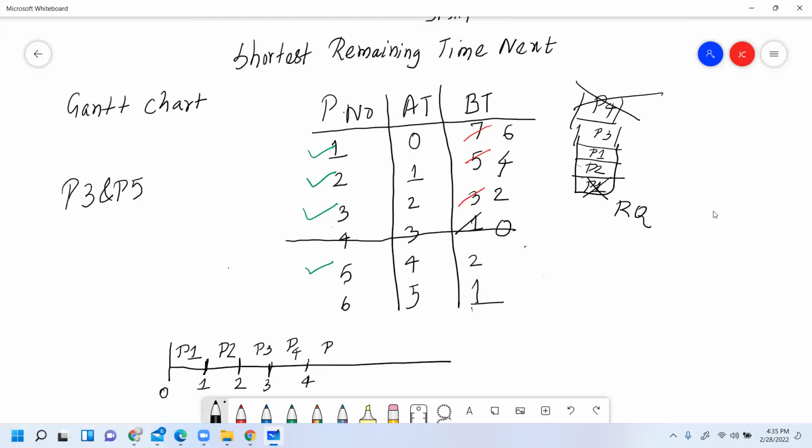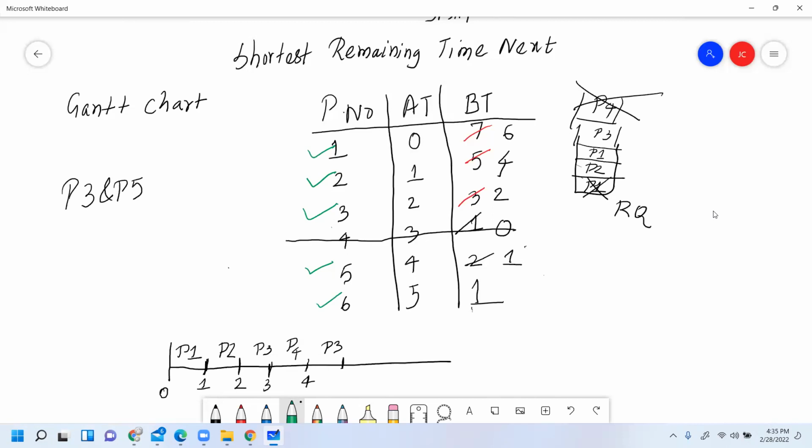And how long will it run? Yeah, until the next process, which is nothing but P5, is arriving, right? So P4 is totally gone. So now this one is basically 1. Is that clear? So this will become 1. Now again the tie is happening because P6 has arrived. Again we can say that